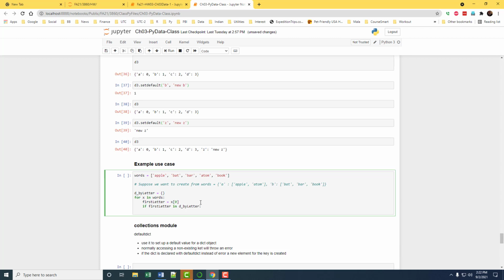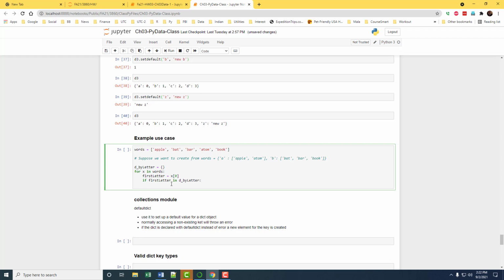This is why you have to define the empty dictionary first, because if you're going to check whether the first letter is in the dictionary or not, and you have not defined the dictionary, it will throw an error. So that's why you have to start out by defining the empty dictionary. Now we can check, is this key, the first letter, in the dictionary or not? If it is already there,